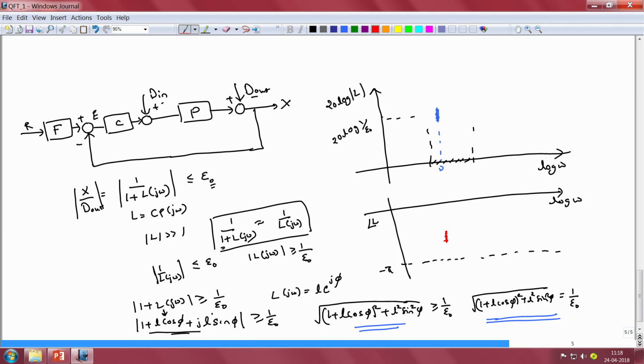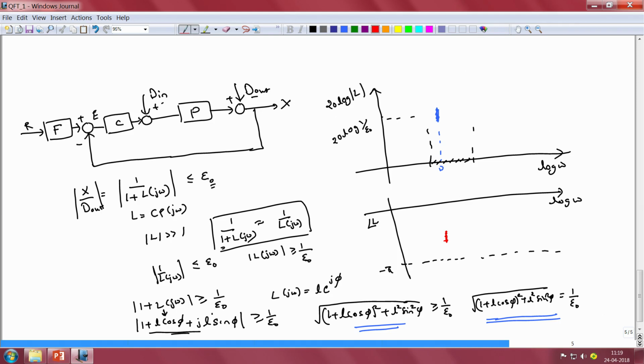And this 1:1 relationship between the magnitude and the phase that together satisfy the equation that we have at the right extreme gets lost when we are trying to represent the constraint imposed by this disturbance rejection specification on the loop gain of the system. Hence, we cannot independently point out the magnitude for a specified phase at which this equality is valid and beyond which this inequality becomes valid.